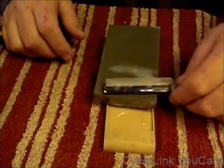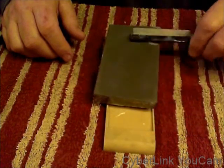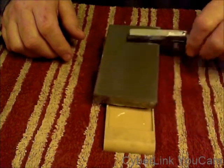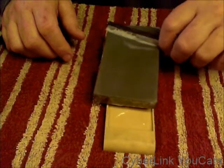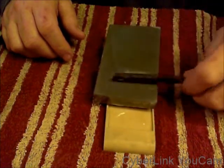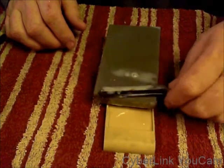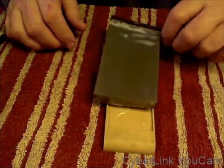It's not necessary. I can take a 1200 mesh DMT card and kick up a base slurry on this stone and go from 1K all the way to finish and get a scalding edge off of it. And that's fun sometimes too. But this right here,